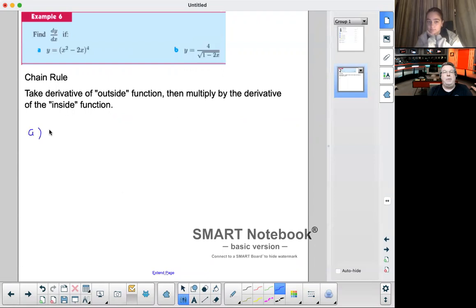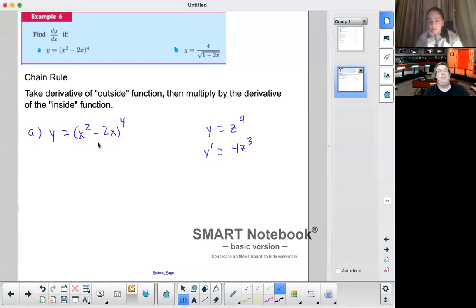And what do I mean by outside function? What do I mean by inside function? It's fairly straightforward, but I'll show you what students have trouble with. So forget about this for just a second. If I had y equals z to the fourth power, what would the derivative of that be? For Z or Z to the third power. I love Z. I haven't heard Z for a while. Okay. 4z to the third, right? Yeah. Okay. So that's the same thing that's going to happen here.